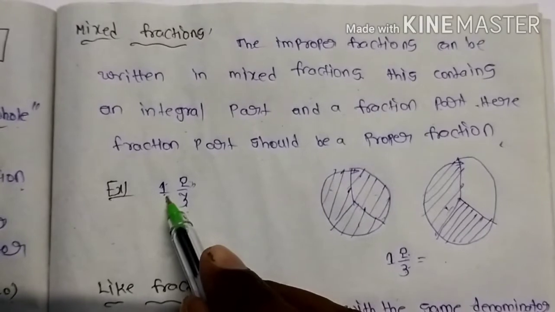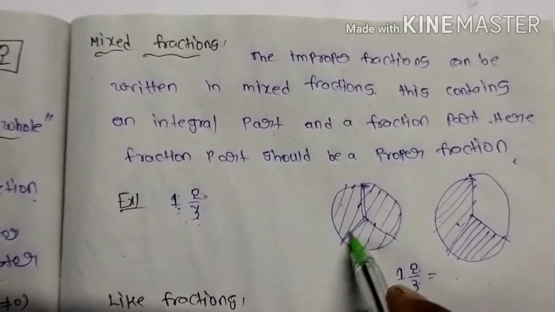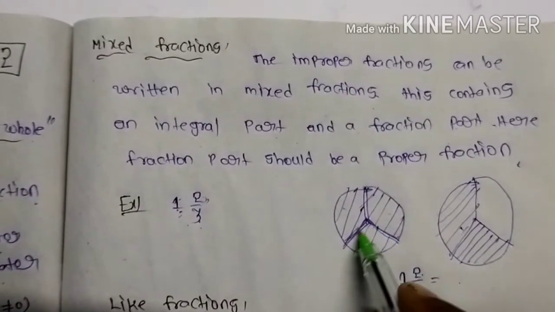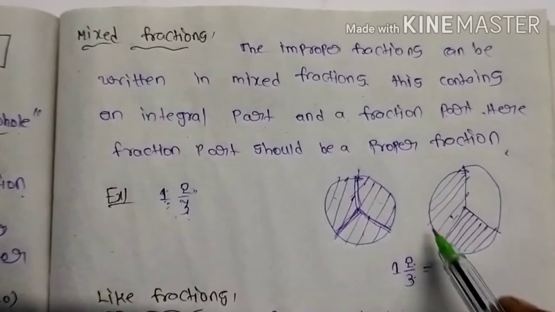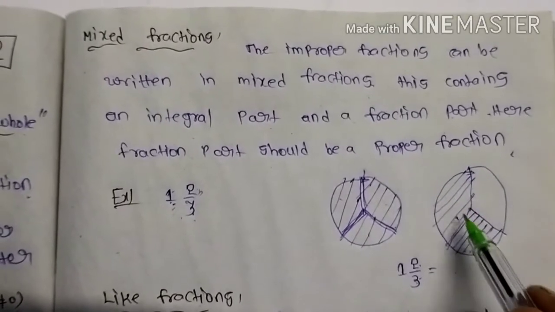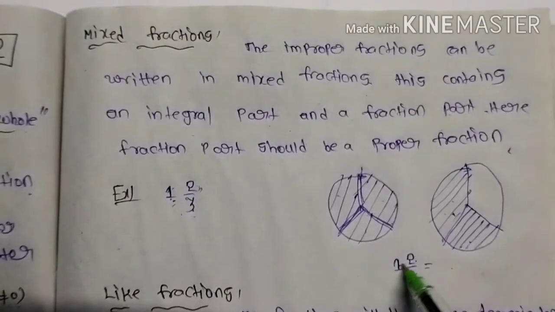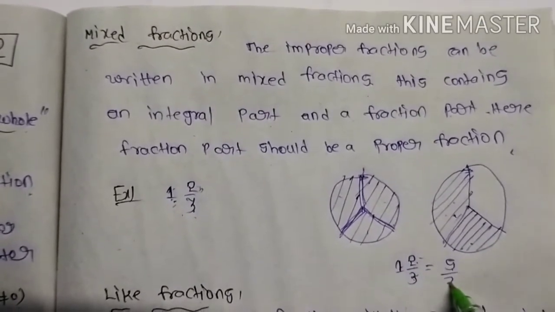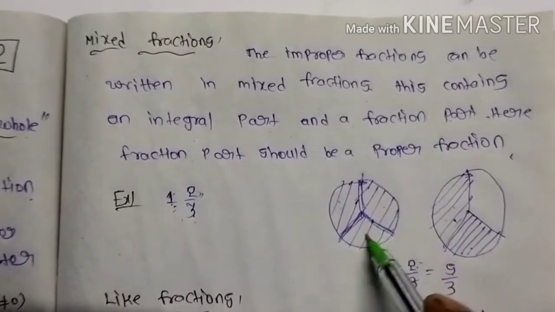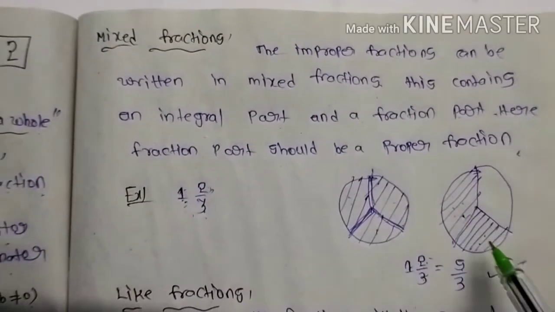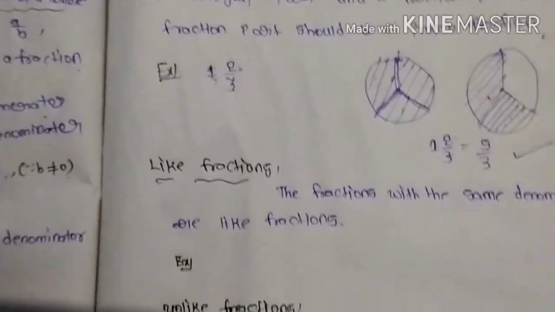See, 1 means whole part, it is a whole part or not? See, 1 2 by 3, this is the whole part I have taken here. Next, 2 by 3: in the whole 3 parts you can take only 2 parts. That means I have taken these 2 parts. That means 3 1s are 3, 3 plus 2 is how much? 5 by 3. Yes or no? 5 by 3 means total how many parts you need to take? Consider 5 parts, that means 1 2 3 4 5. This can be represented as 5 by 3. Is it okay? These are very easy, you have studied them in the previous classes.